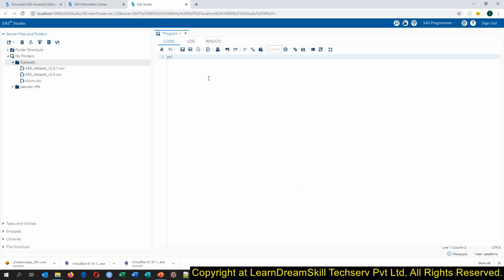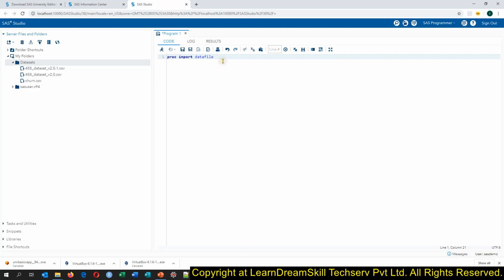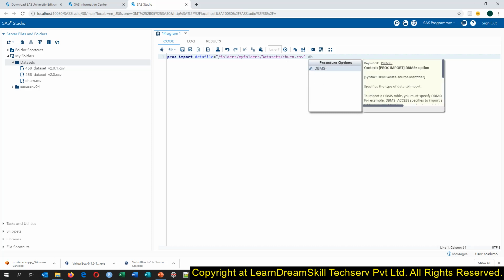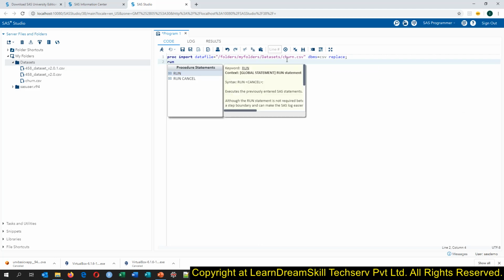We will say proc import datafile equals this path, and then I'll import churn.csv, and dbms equals csv replace, and run.